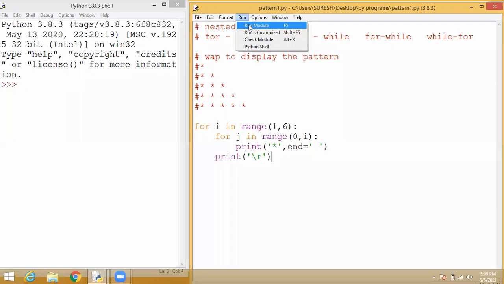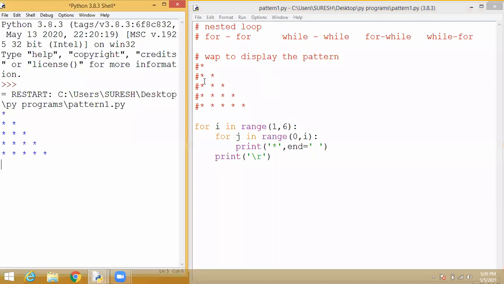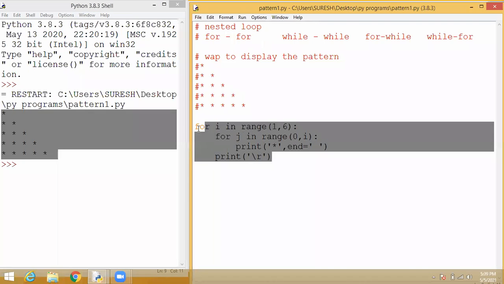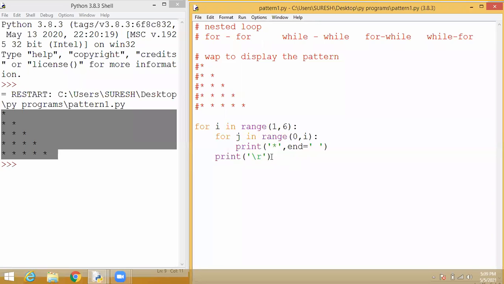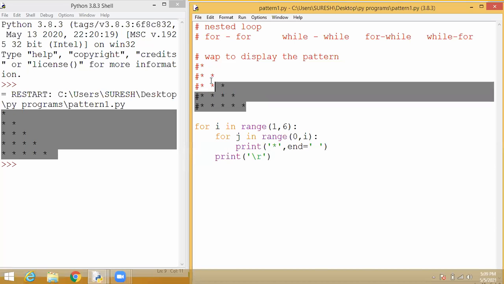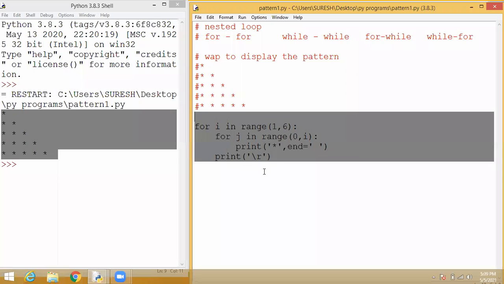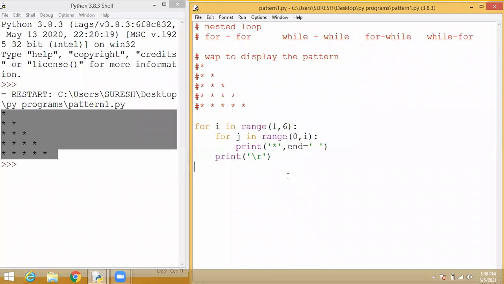So now also I will execute. You see the output, it will display like this. Okay, so this is the program. Students, everyone note it down. This is the program for this kind of output. Students, they won't ask only this kind of pattern, but whatever the pattern, you have to think and execute. Students, understood? Yes, sir. Okay, so everyone noted this program? Yes, sir. Okay, I will show you what questions they are asking.